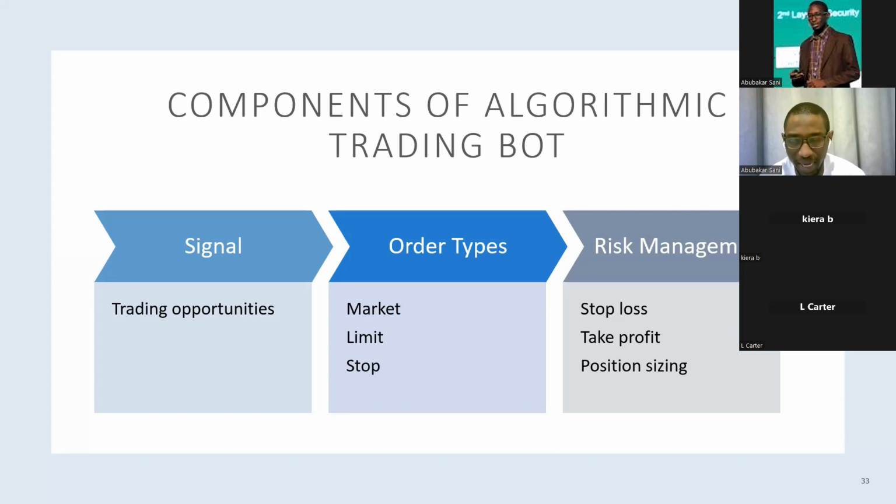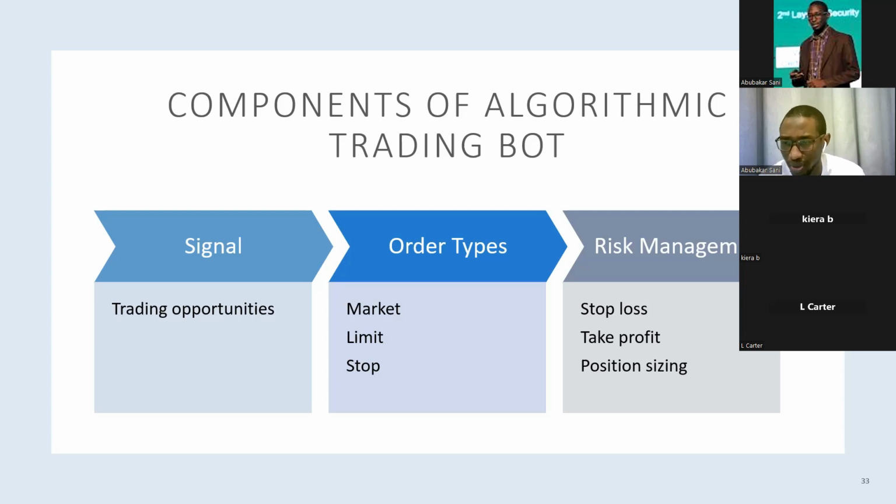And then lastly, the risk management. After you spot an opportunity, you decide when to buy. Once you have bought, you have to decide when to get out of the trade, which are the exits. Here we have two or three of them. The first one being position sizing. Position sizing allows you to allocate a certain portion of your whole money to that particular trade. You don't want to put 100% of your money on just one trade. You want to have maybe 10, 5, 2% is the recommended amount in that one trade.